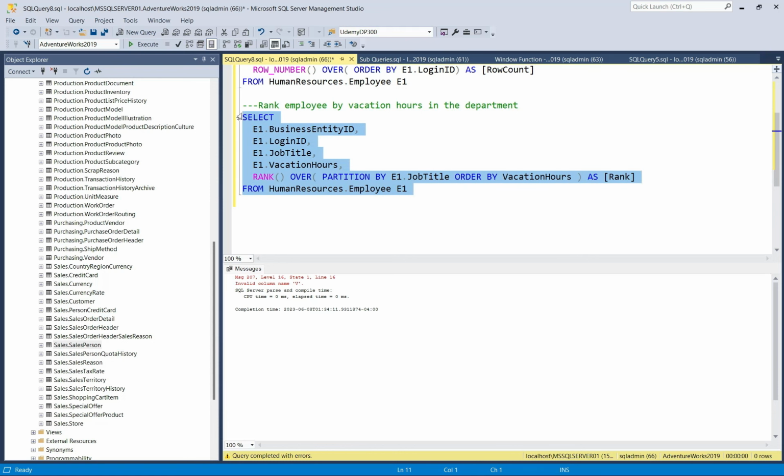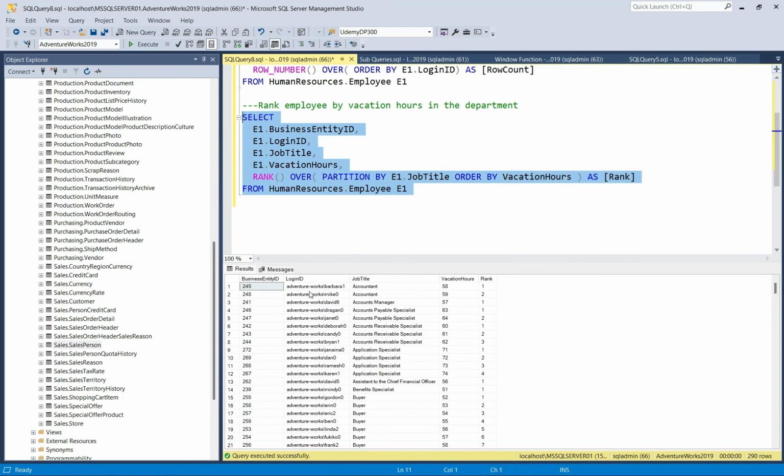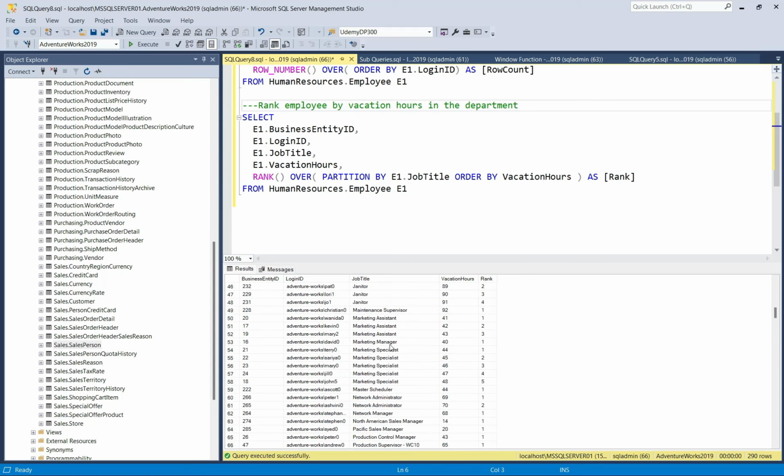Let's execute again. So if you observe, the data set is ranking the employees by their job title and then by their vacation hours. So in the account department, Barbara has the most vacation hours with 58 and has a rank of 1. Now what the rank function does is that it allows you to rank observation in a window with gaps, meaning that if there are ties within the data set that you are ranking, then you'll see a gap in the data. So far, we don't have any gap in the data, so I'm going to demonstrate that,